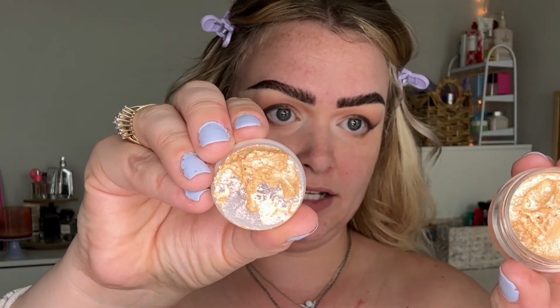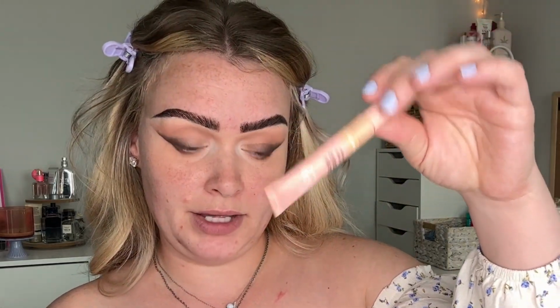I got something new that I want to play with. This is from ColourPop. This is the Jelly Much eyeshadow in the color Field of Fairies. And it is literally like a jelly. And it looks way more gold because of the light. It's like a very light champagne. Like it's almost the exact color as my e.l.f. highlighter, the Champagne Campaign. It looks just like that. It is beautiful and it's shimmery, and then it totally dries down. So it looks like it's not going to dry down and it's going to be sticky and slippery all day, but it dries down,